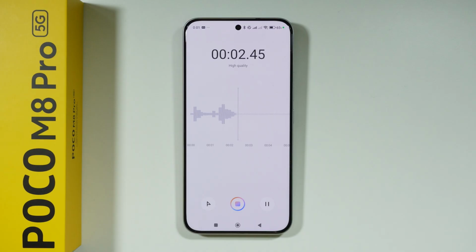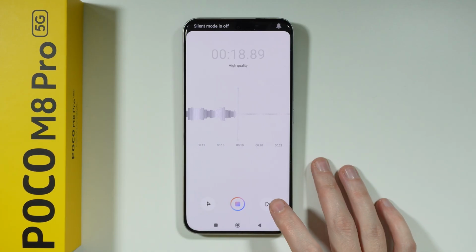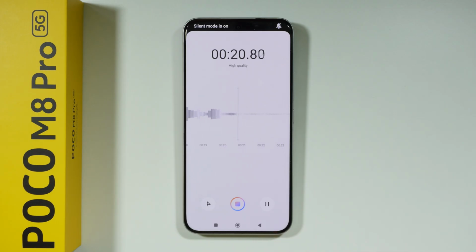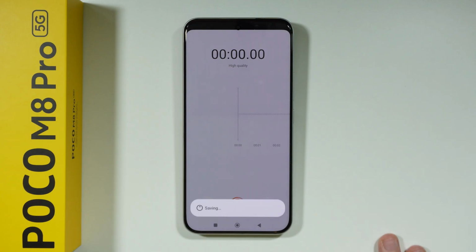now you can start recording yourself. So besides that, we can also use this mark option, so you can create marks or bookmarks while recording, and then later on, once you go back to the recording, you should be able to find them quite easily. We can of course pause the recording temporarily, and then we can return recording whenever you like. And of course, if you want to completely stop recording, just use the button here in the middle of the